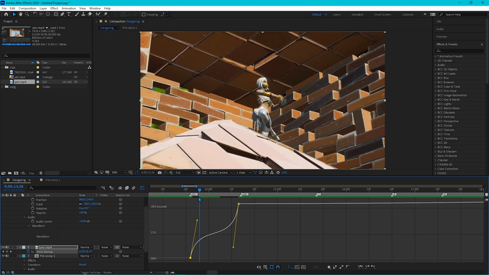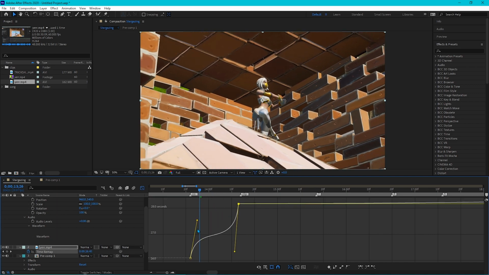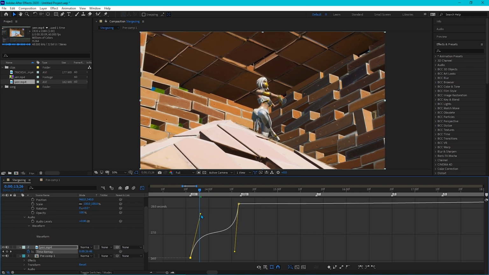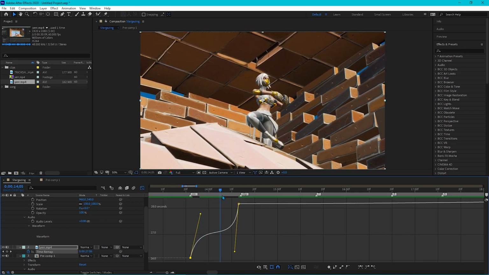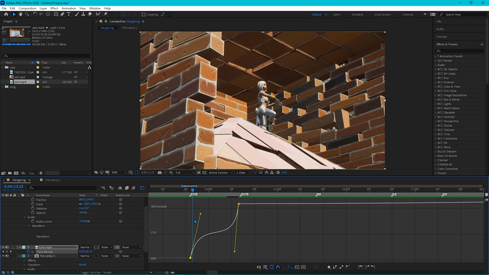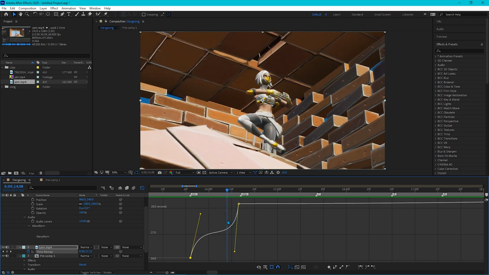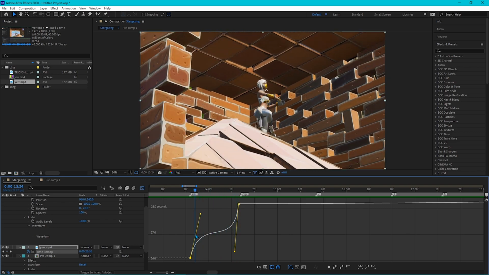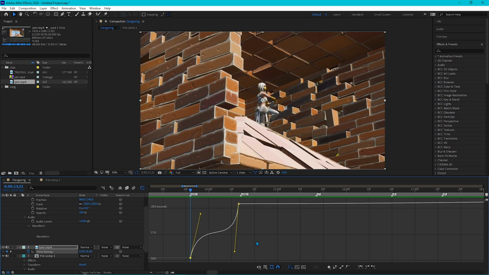You want to have both of them just like this. Let's bring this down a little bit more and bring this one a little bit more, just like this. As you can see, it looks more smooth. It has a fast fade in and then a fast fade out, so it has a slow in the middle. When you click at the very end, let's see what it